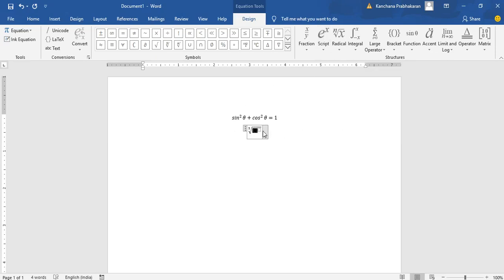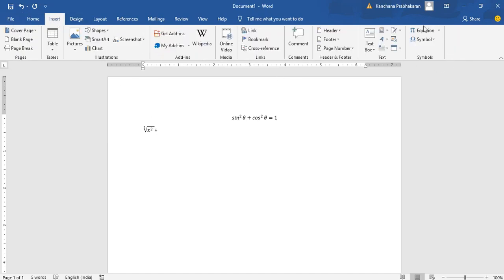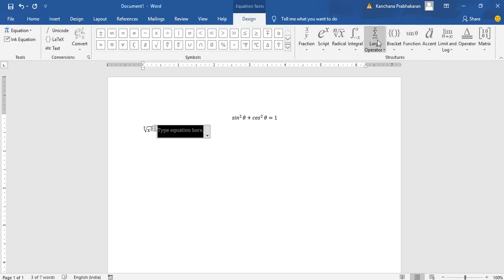Here I press x, then square, then press the space bar, then the plus symbol.